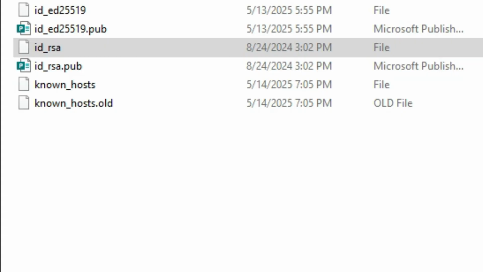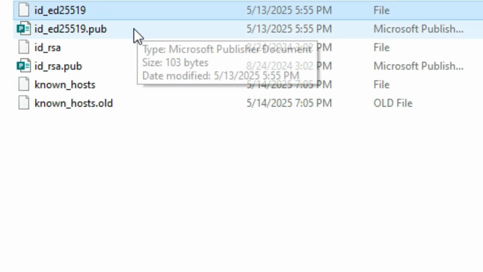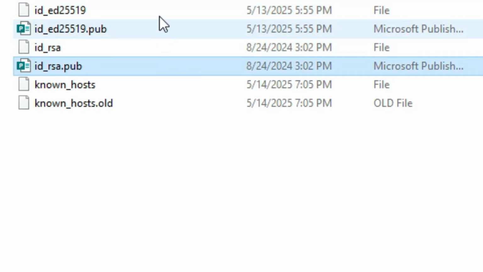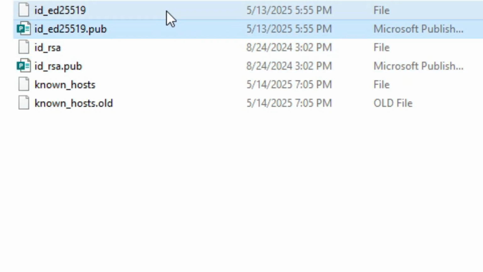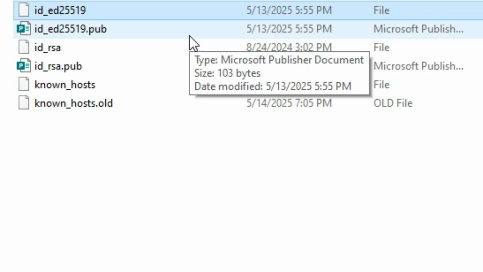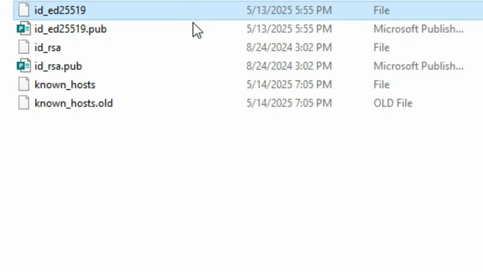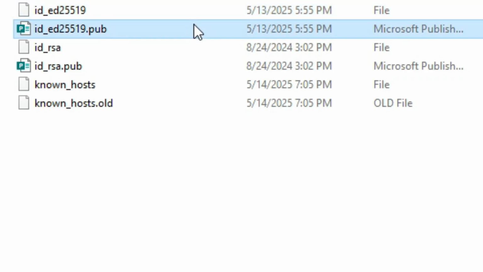Before going into updating the server, I just want to give you guys a brief understanding of why we were actually able to get into the server, and that is due to what we did in the first video when we created these public keys. I have multiple here. This is the one that's actually used for the server. These two right here. We created a public and a private key. This one is the public and this is the private. We put the public key onto DigitalOcean, and DigitalOcean, when we created the server, put this public key into the